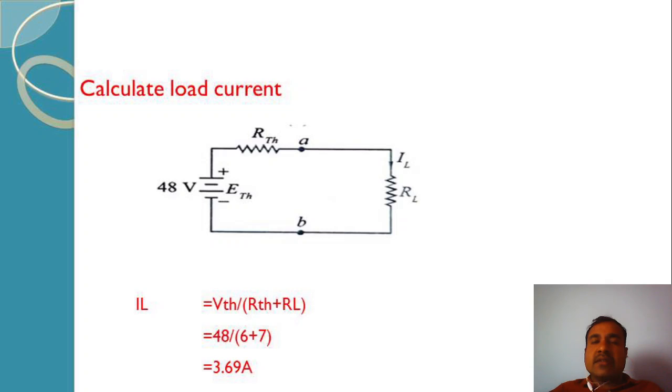So IL is equal to VTH divided by RTH plus RL. What is VTH? It is 48 volts divided by RTH, which is 6 ohm, plus RL, which is 7 ohm. So 48 divided by 6 plus 7, and finally the answer is 3.69 amperes. This is how we will solve the various